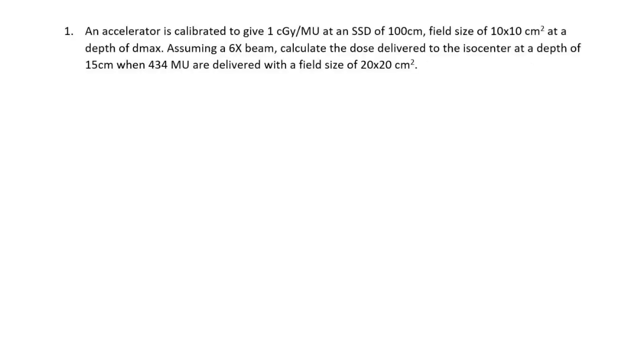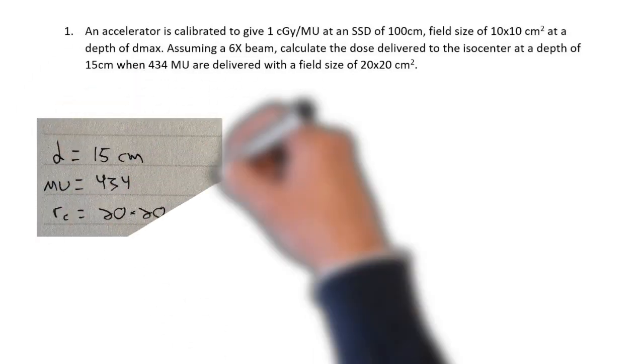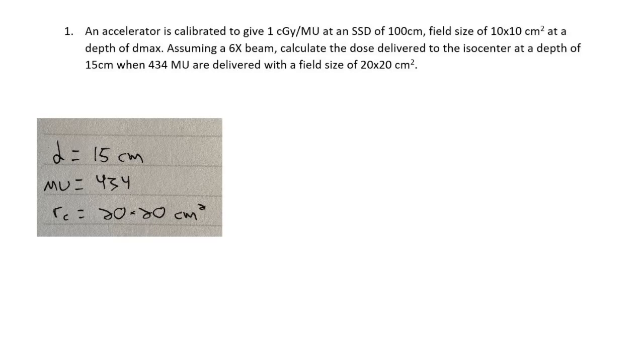Hey everyone, this is going to be the first video example problem using the TMR or isocentric dose calculation formalism. So please take a moment to read through the problem statement here. As always, I like to start by writing down a few of the data points that we are given. Our calculation depth is 15 centimeters, monitor unit setting is 434, and our collimator field size is 20 by